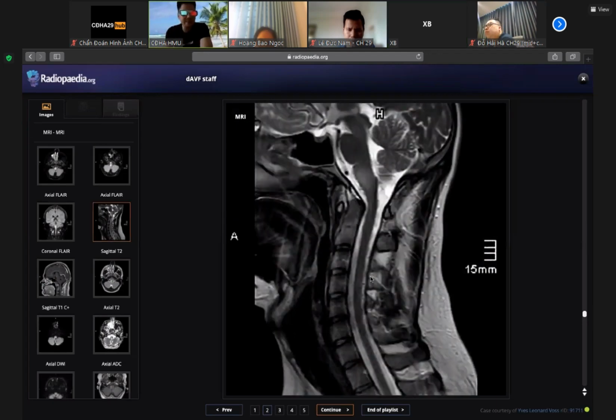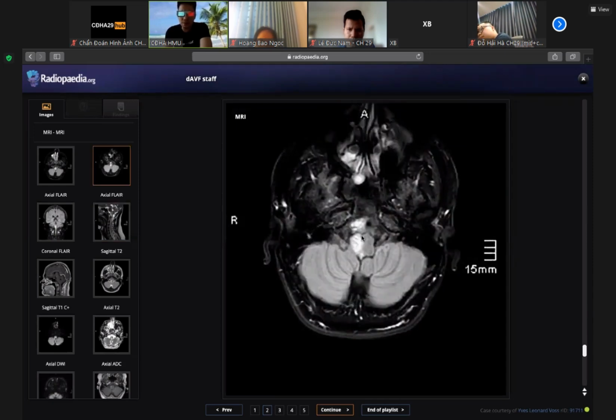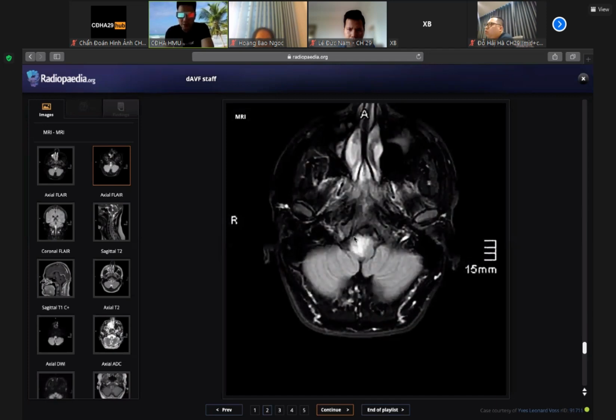Okay. I think in this case, if you have an abnormality on this area, on the medullary cervical junction, normally we request for the